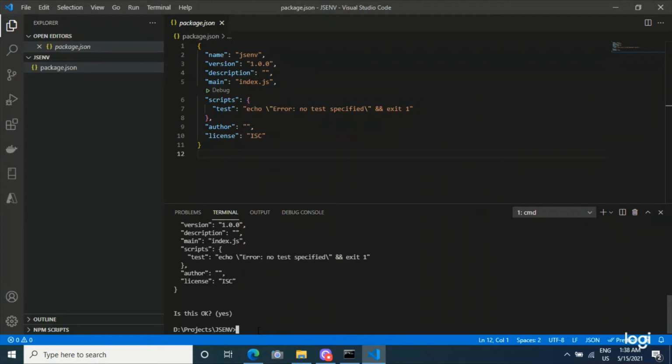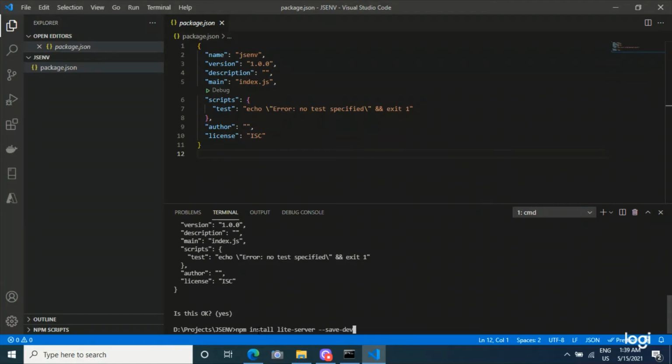I will install this web server using npm install light-server --save-dev. This save-dev option is used to save the light-server in dev dependencies.